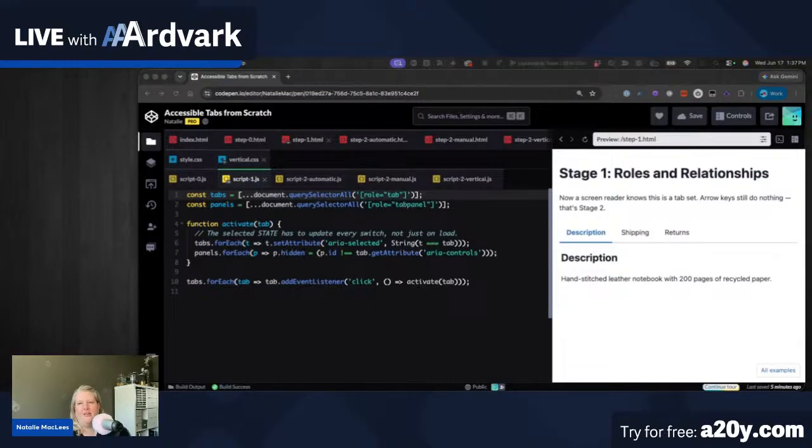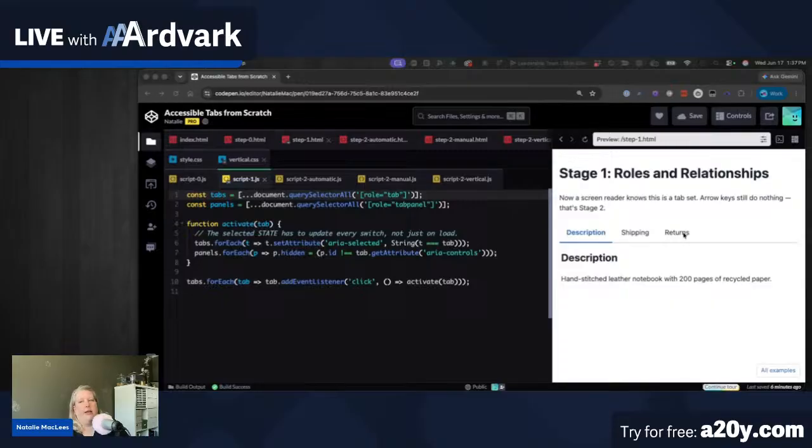Let me just bring up my notes here. All right, so generally what you want to do where you have a set of components, well, I guess that's true. Buttons are components. So we've got a set of components, but they're part of a larger interactive component, which is our tabs. And I don't want my keyboard tab to land on each one of those individually. I want it to only land basically on the one that's active right now. And then I want to be able to use my arrow keys to move between them